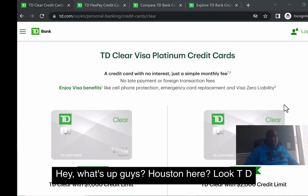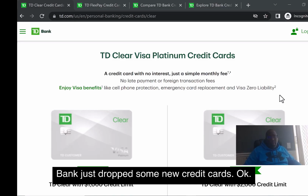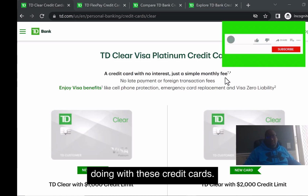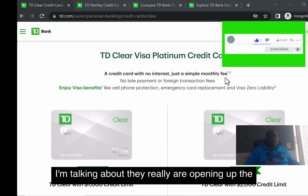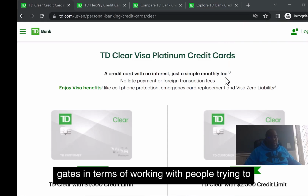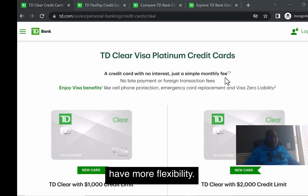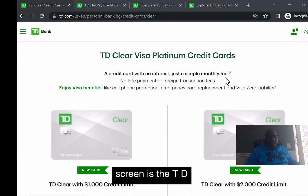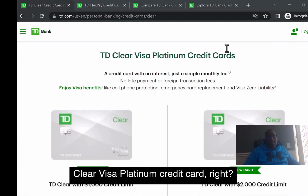Look, TD Bank just dropped some new credit cards, okay? And I think this is pretty cool what they're actually doing with these credit cards. I'm talking about they really are opening up the gates in terms of working with people, trying to have more flexibility. So the first credit card, as you can see on the screen, is the TD Clear Visa Platinum credit